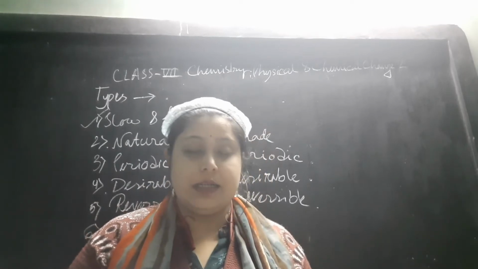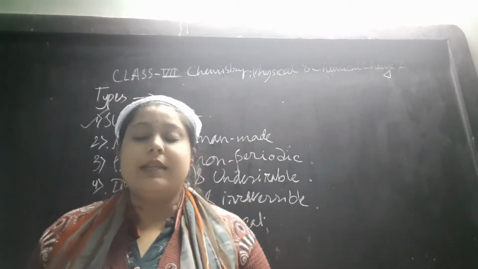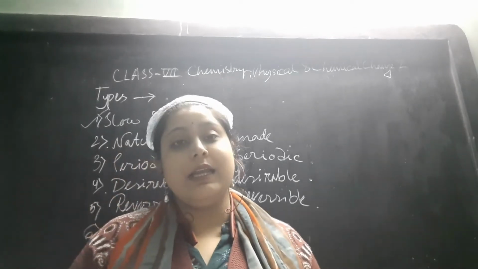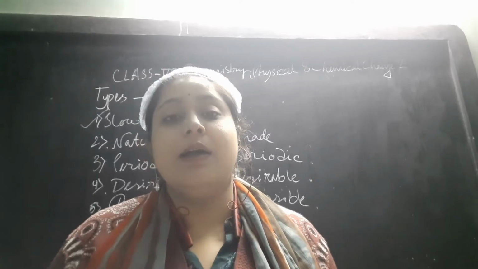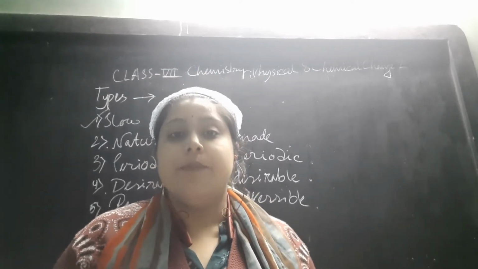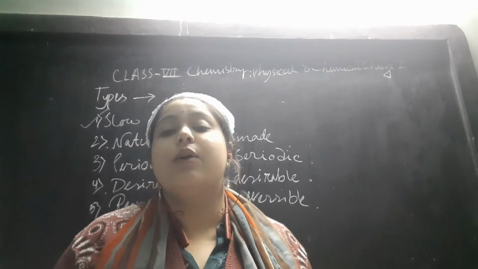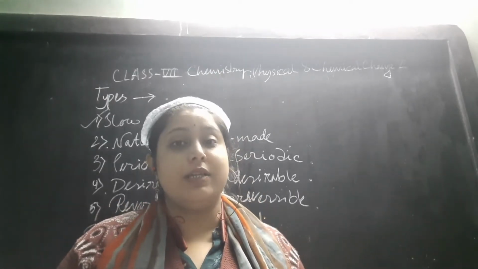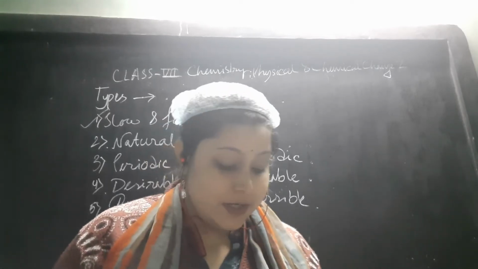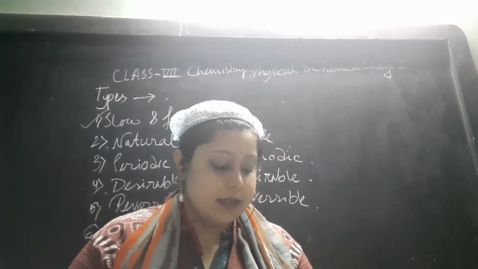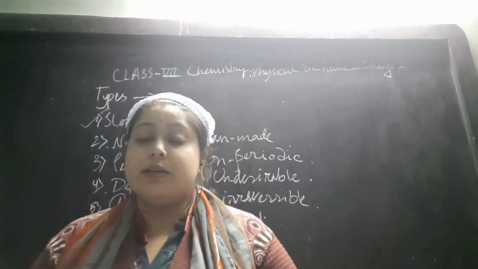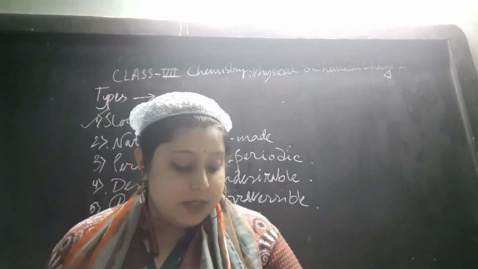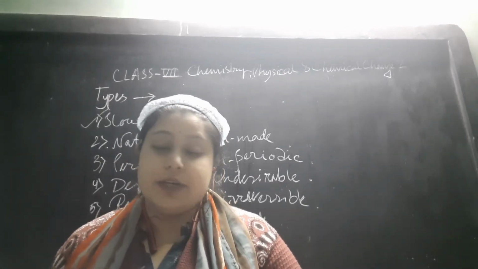Bursting of an inflated balloon. When we blow up a balloon and burst it with a pin, within a second all the air comes out and the balloon is burst. So this takes only 1 second to change its shape, and this is obviously a very fast change. Bursting of a cracker: when we use firecrackers on Diwali or something, it also bursts within a second. Lighting of an electric bulb.